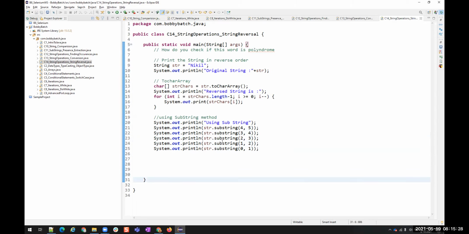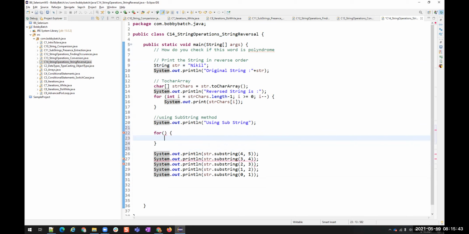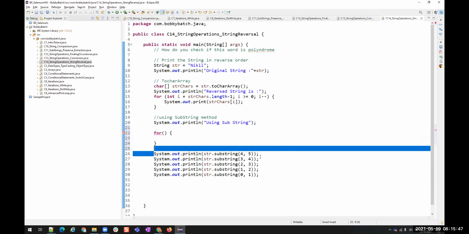Okay, but now here I have 5 characters, so I was able to write 5 print statements. But in real time, we are not going to write them individually, right? So let us add a for loop over here, and we are going to print only this.